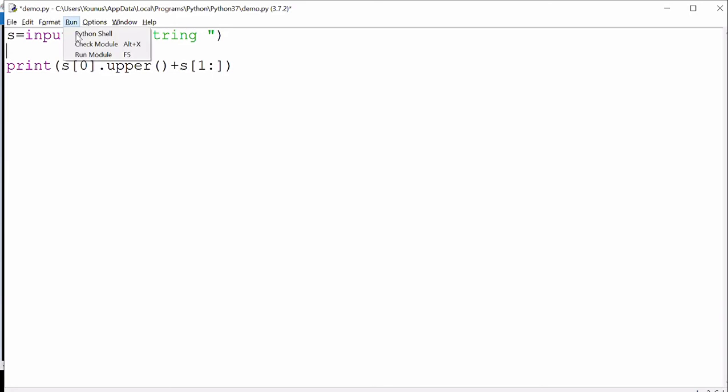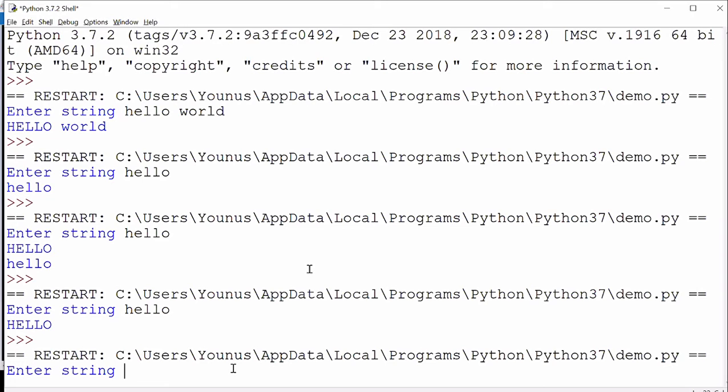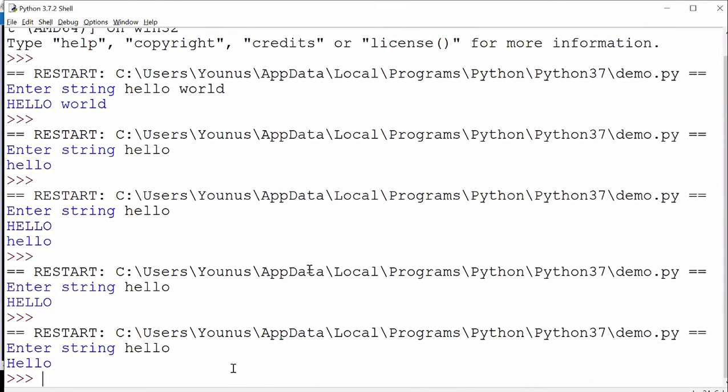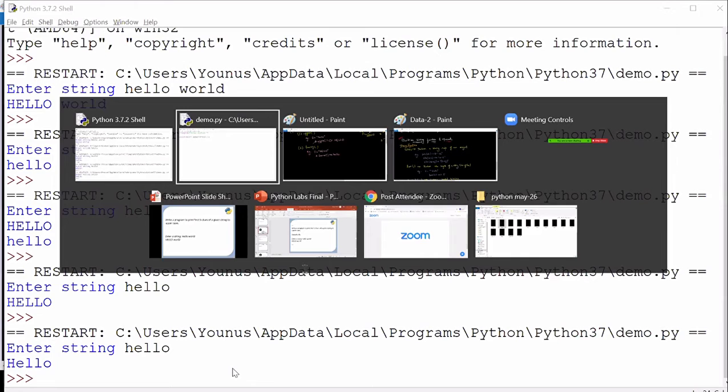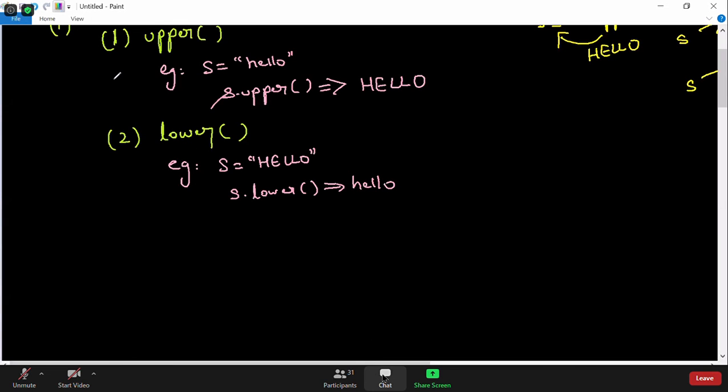So this way I can make the first letter capital. It can be a requirement, right? So if I say hello, I'll get only the first letter capital. Sometimes in a real-time program, you enter your name. We don't know how you enter your name in the form, but while printing, I want to print your first letter capital. Then I can make use of this particular way. But do not worry about this kind of thing. We do have a method available to do it directly. Just remember the method.